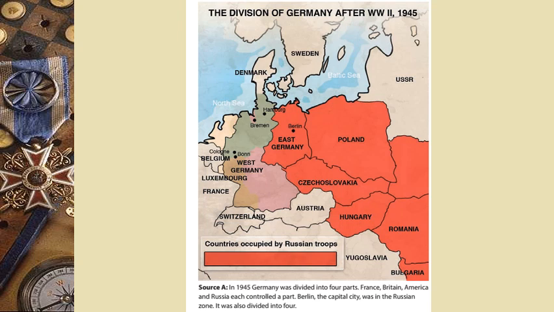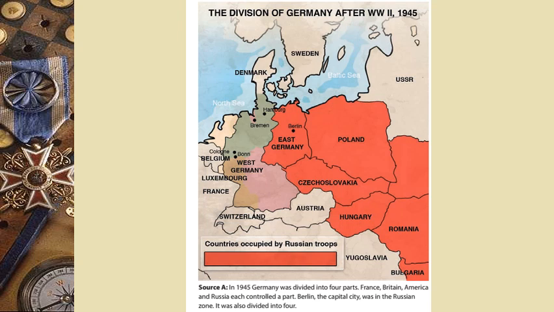The other allies, when I say the other allies, Britain, France, and the USA, basically did not believe him. They felt that he was basically trying to gain additional territory by annexing these countries or taking over these countries. And this is what led ultimately to the divide between Eastern Europe and Western Europe.